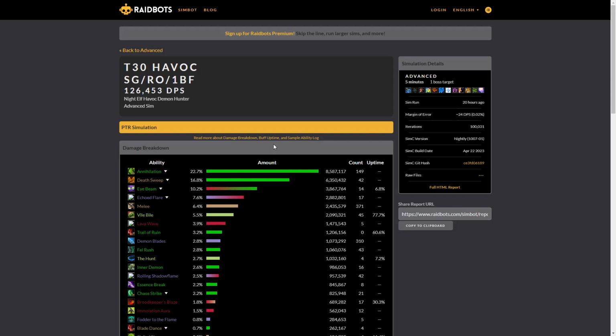And then there's also stuff about seeing if we need Essence Break, seeing if you want all the I-beams. There's some APL work to go on still, but this build is performing better than what we had previously. So that is a good thing. So we're going to go on to the PTR right now, take a look at some rotations,